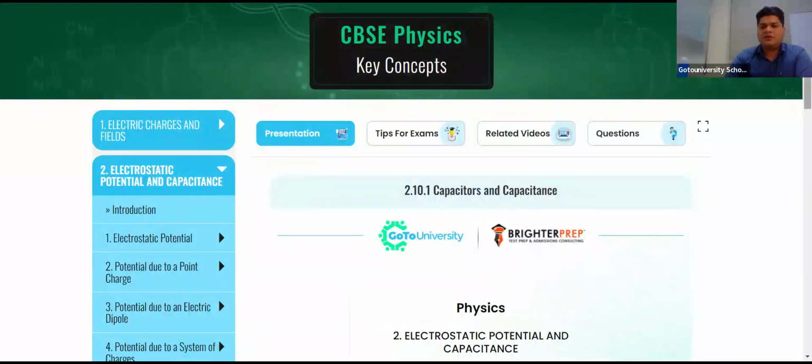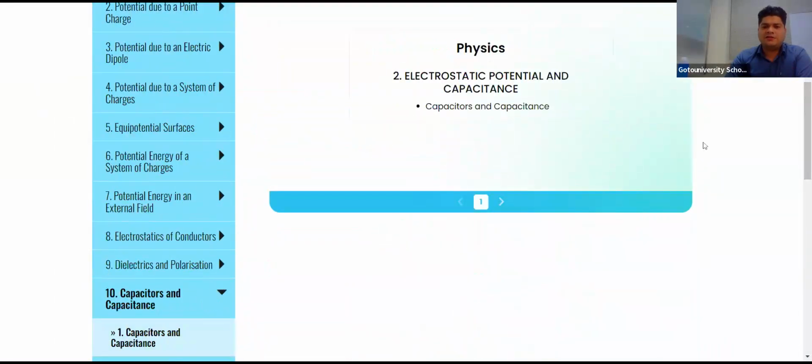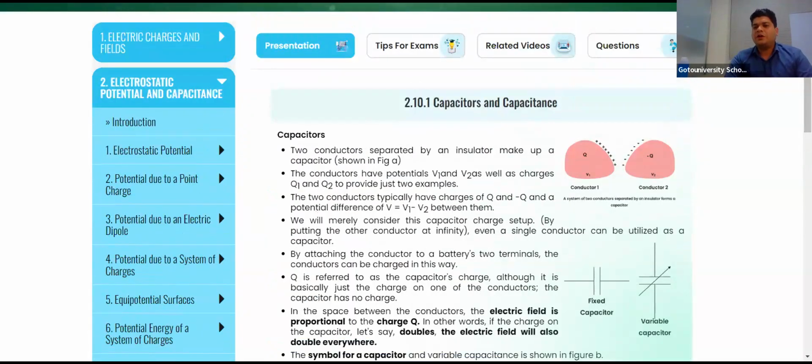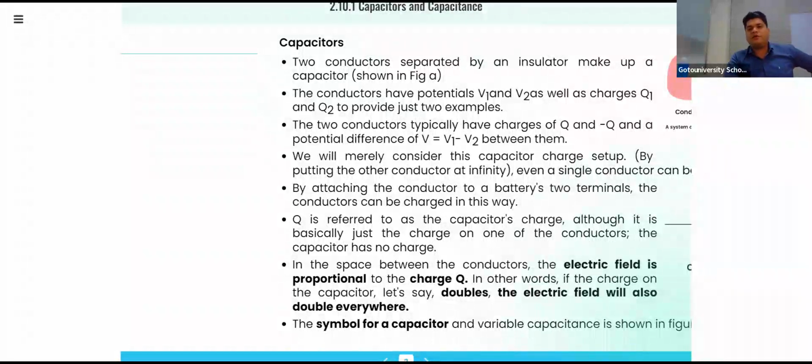That is electrostatic potential and capacitance. Before diving into the concept, I will explain to you the depth of this concept. See, first of all,